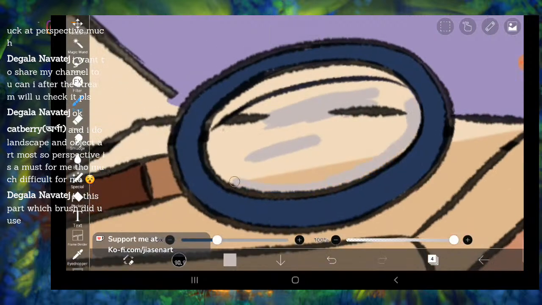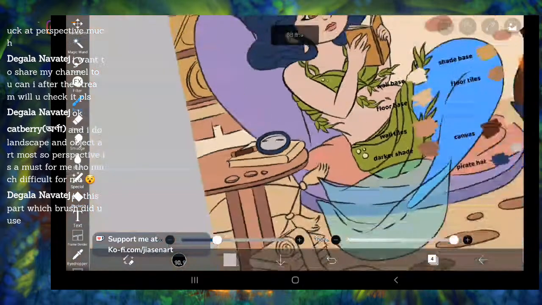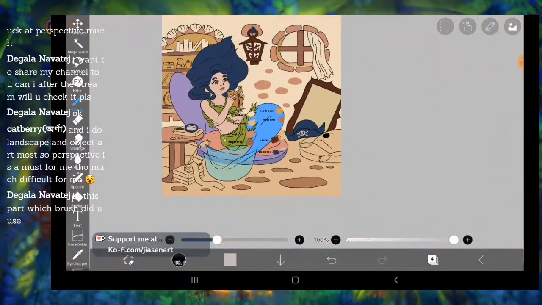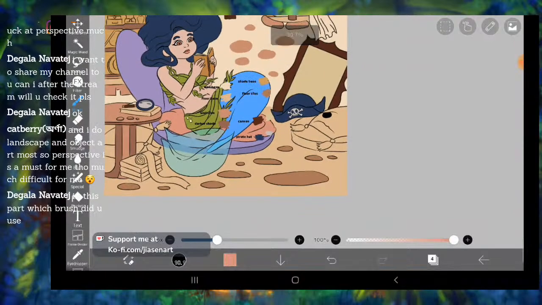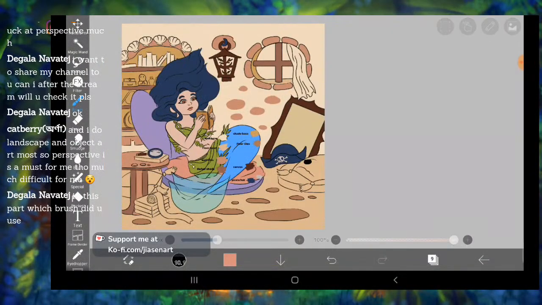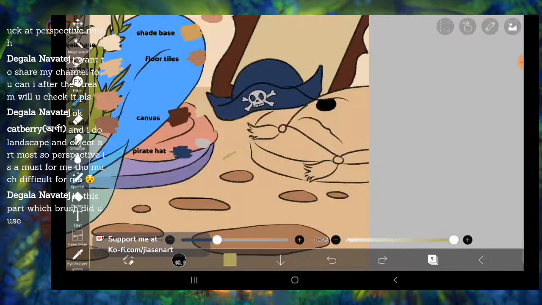Amazing brushes. That's why I love this app, because they have such great brushes. I'm just waiting for their update where they will let us make brushes from our own PNG files or our own designs. I hope they do that. And I hope they add animation to this app. It will be a perfect app, to be honest.